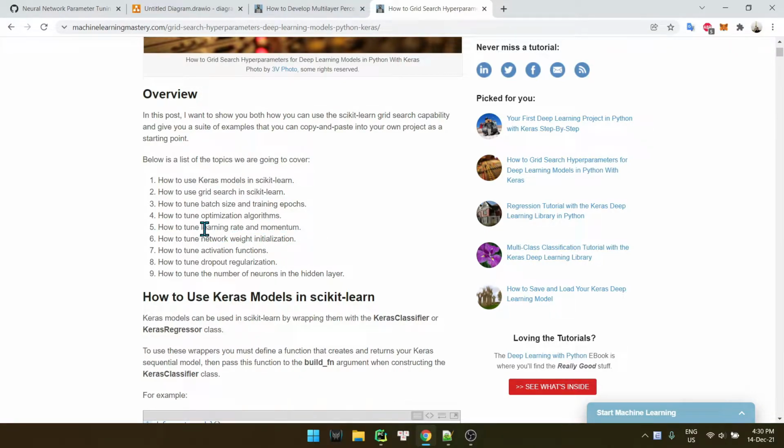Okay, because optimizers have different learning rates and they also don't have momentum, so we're not gonna try to optimize this. We're gonna try to optimize the learning rate only.